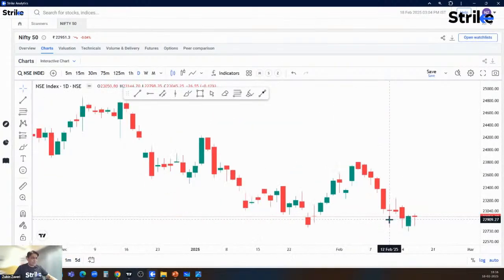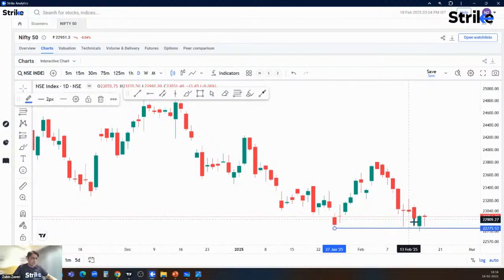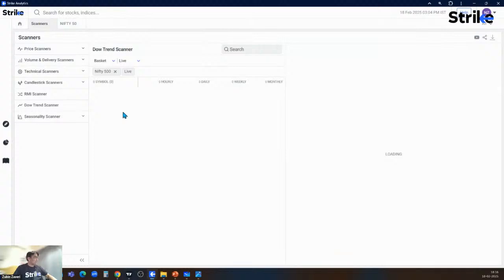So let's say today Nifty is currently trading near the support level, and it showed some kind of a bottom. Let's assume today is a bottom and Nifty is expected to go up higher. So today what I want to do is find out stocks which have changed their trend on the daily time frame from down to up. Okay, so what shall we do is